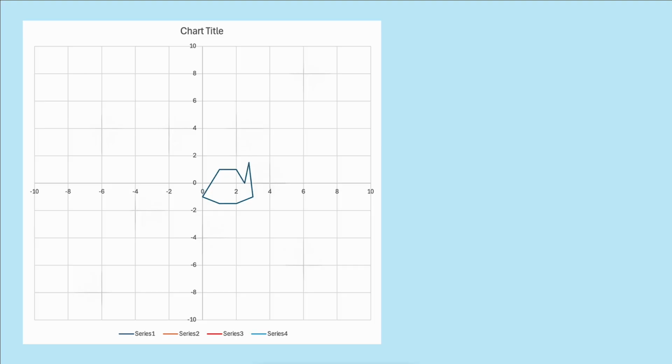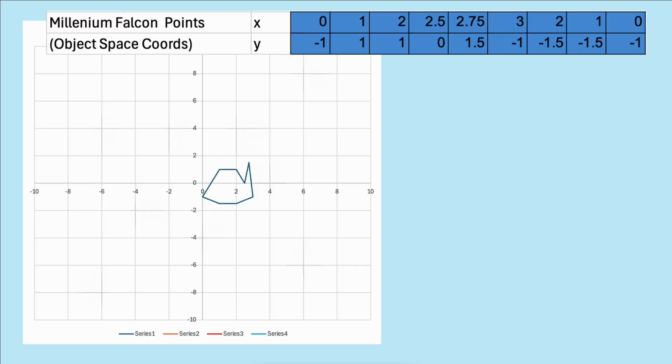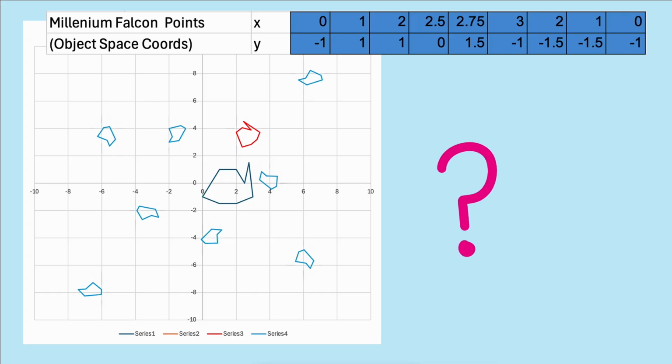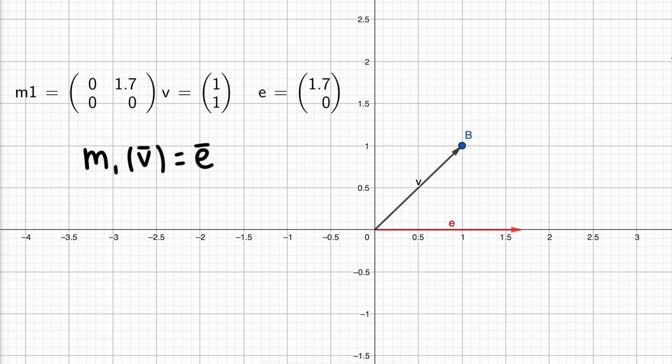space? Here's a very simplified Millennium Falcon. I've made an Excel from a list of points we can think of as a matrix. This ship currently lives in object space, and I want to move it into this scene with asteroids oriented like this. How can we do that? Well, we could start by experimenting with matrix multiplication. We could pick a vector in a matrix and just start changing values to see what happens. We could experiment to see if we can reflect the vector across the x-axis, for example, or rotate a vector